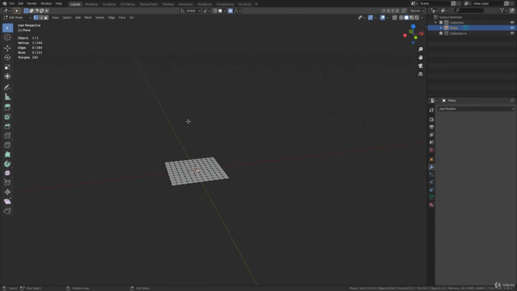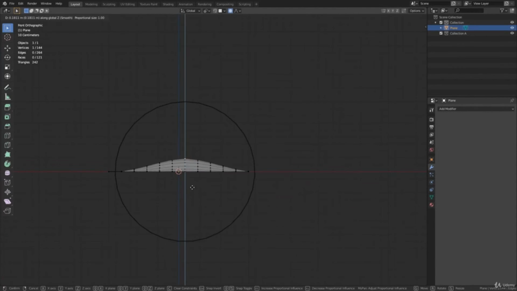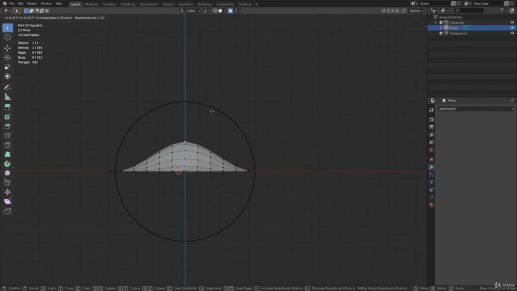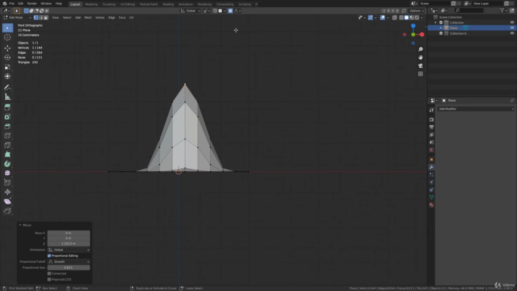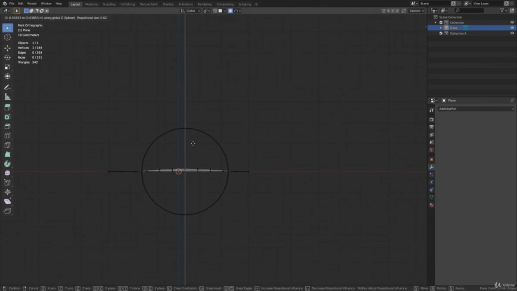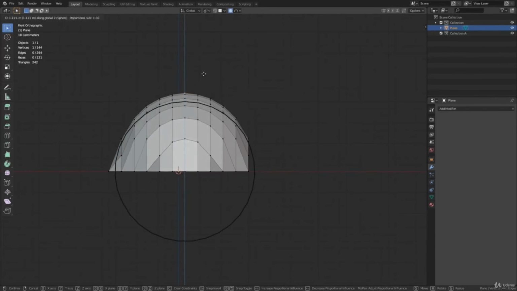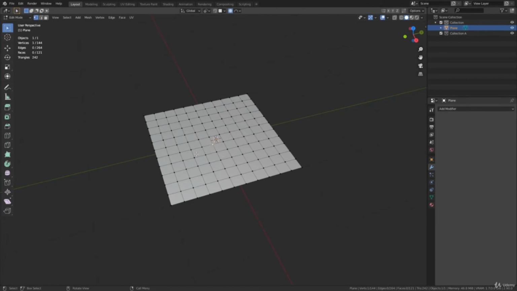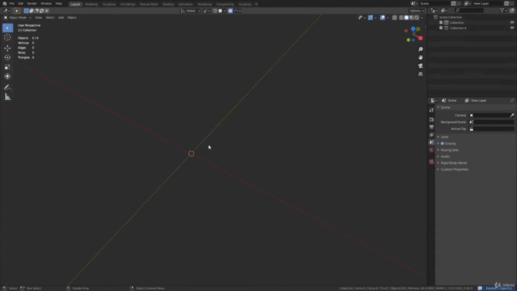So one really nice way to visualize this is if I were to go into the front view so that this plane is exactly flat, if I were to just move it with G up a bit, you'll see that it's exactly copying this kind of profile, like so. And maybe over here we have the sphere. If I were to try to move it, then it definitely is being moved and affecting other vertices like a sphere. So I guess other than that,